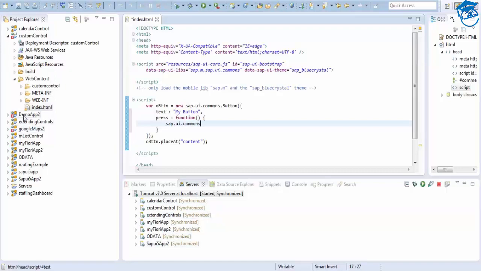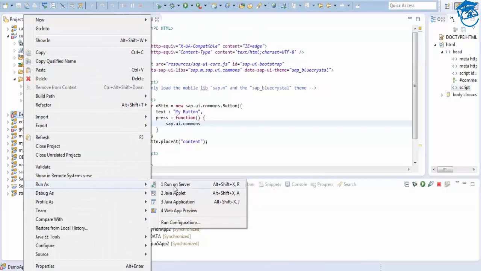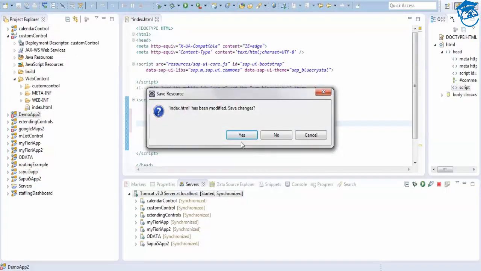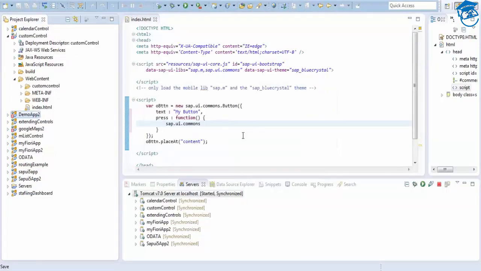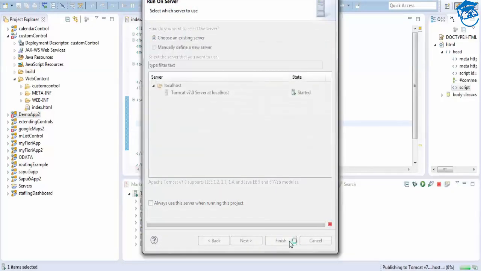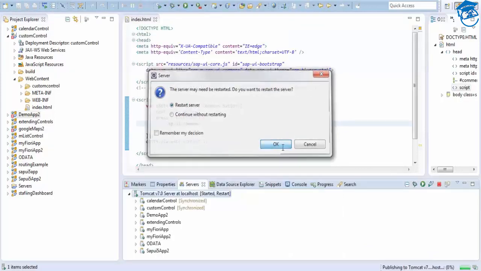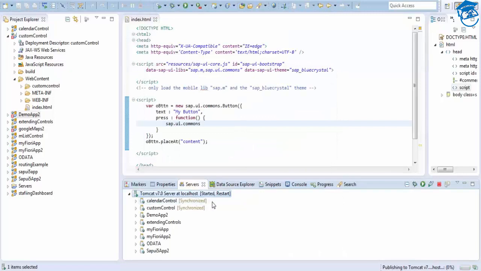So we can just run this on the server, and you want to change, yes, and I'm going to finish. Once it's finished, I just want to restart. Once it gets restarted, you can make use of demo app 2.